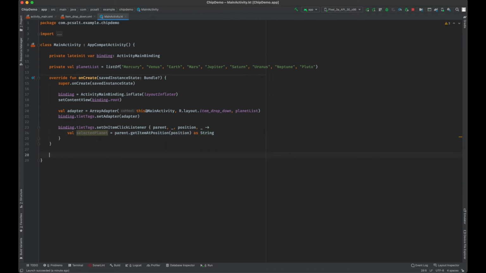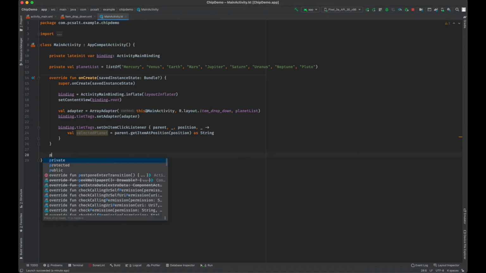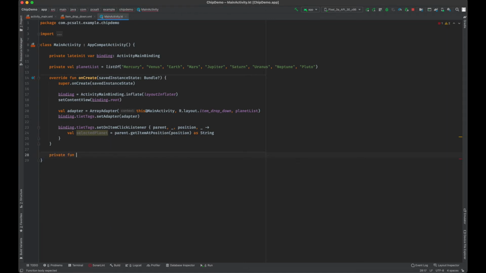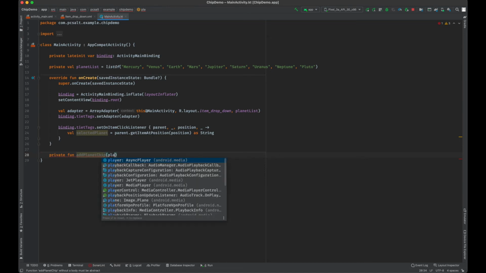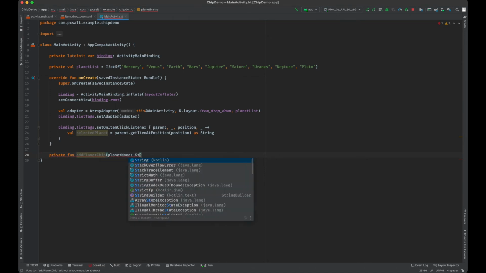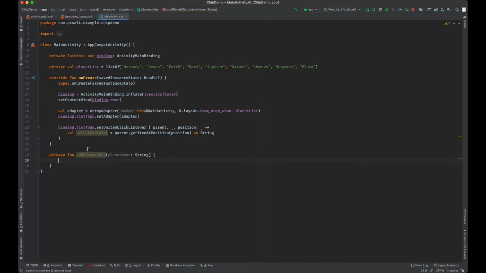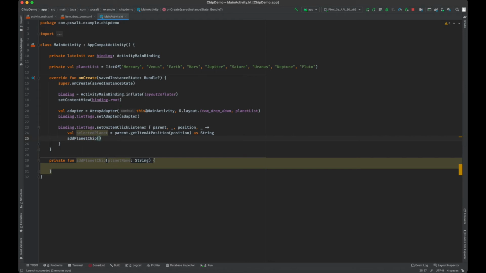So to display it on a chip, first we have to create one method, so that it will be good to use. So add planet chip, and we will be passing the selected planet name. So here this method is now ready. Now we will call this method from the item click listener.